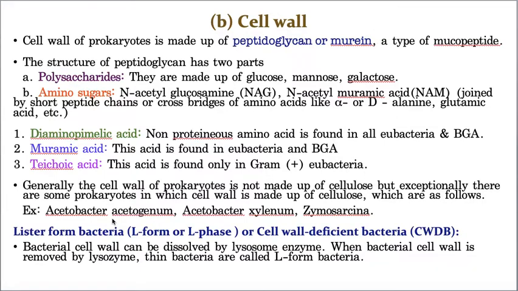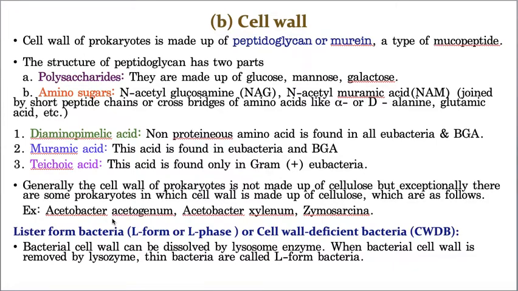Very important question. Students, you 100% need to remember this point because this question is asked many times in your NEET exam. So the cell wall of bacteria is made up of which substance? Your answer must be peptidoglycan, or if murein is given in the options then you can go for murein, but usually 90% in your NEET exam they will ask peptidoglycan only. You just tick mark peptidoglycan. Again I am telling you, the cell wall of the bacteria is made up of a substance called peptidoglycan, which is a type of mucopeptide.